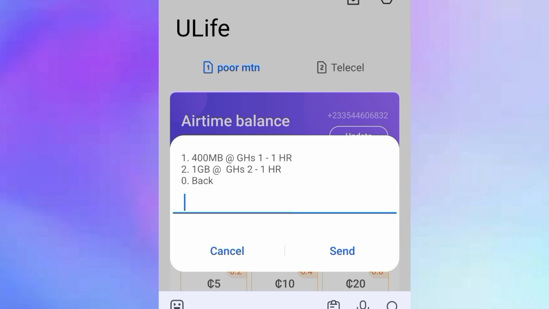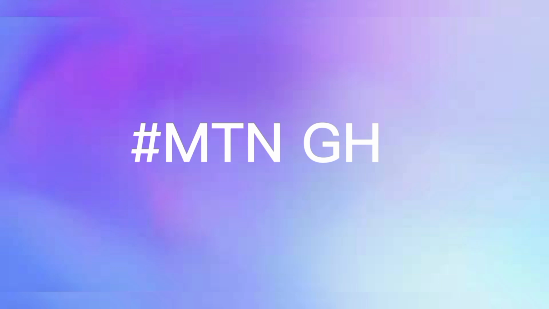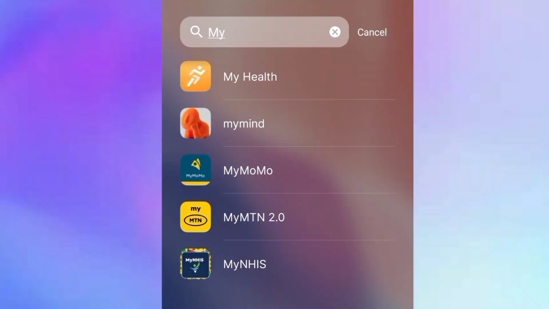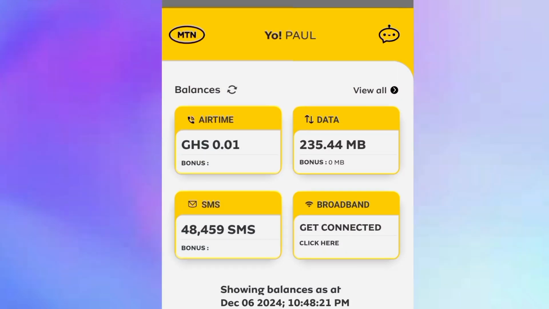1 gig goes for 2 Ghana cedis for 1 hour. All right, so that is it for Telesur Ghana. So let's move on to MTN. So we're going to open my MTN app. It is here. If you don't have it, you can go to the Play Store and get it